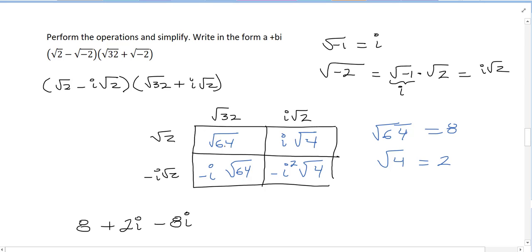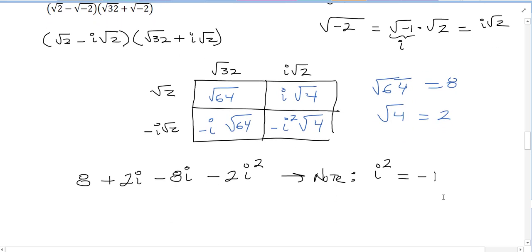So where was it? So 8 plus 2i minus 8i, and then this becomes, so this is minus i squared, and then the square root of 4 is 2. So it's minus 2i squared. But here we have to recall, what is i squared equal to? i squared is equal to -1. And that's because i is really the square root of -1. So this is really the square root of -1 squared, which gives you -1. So we can replace the i squared